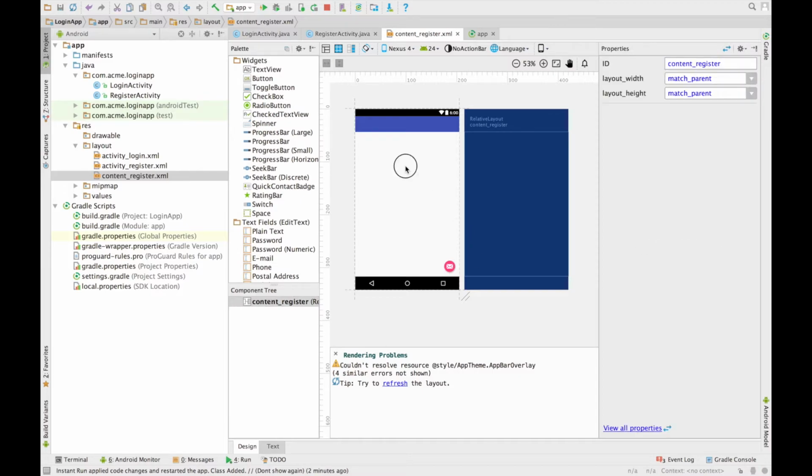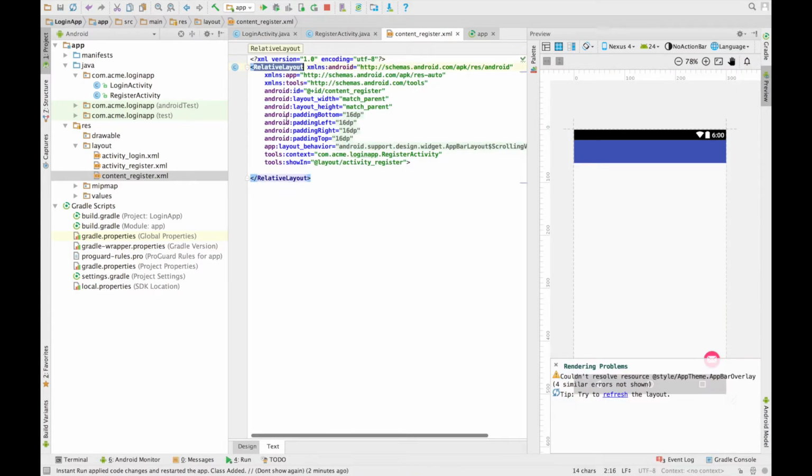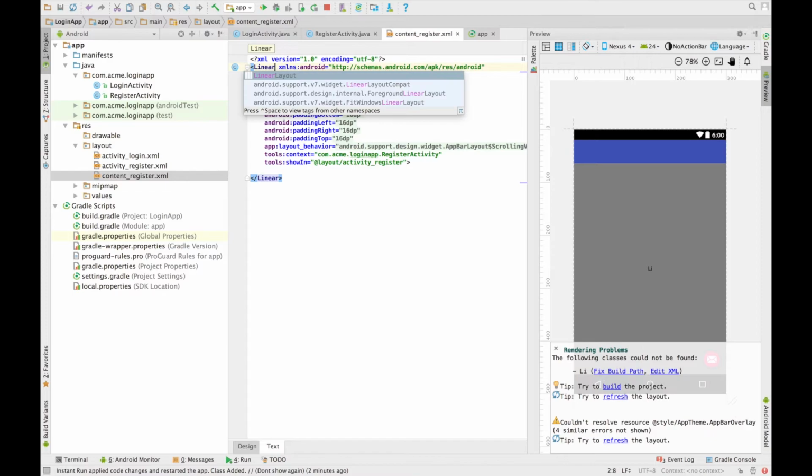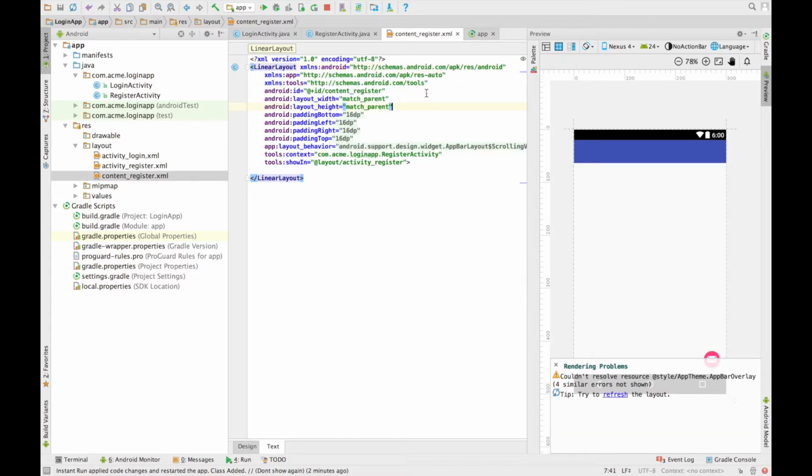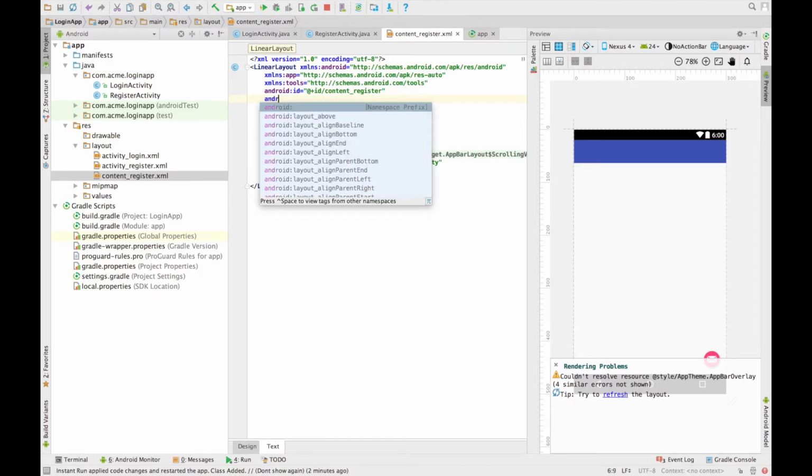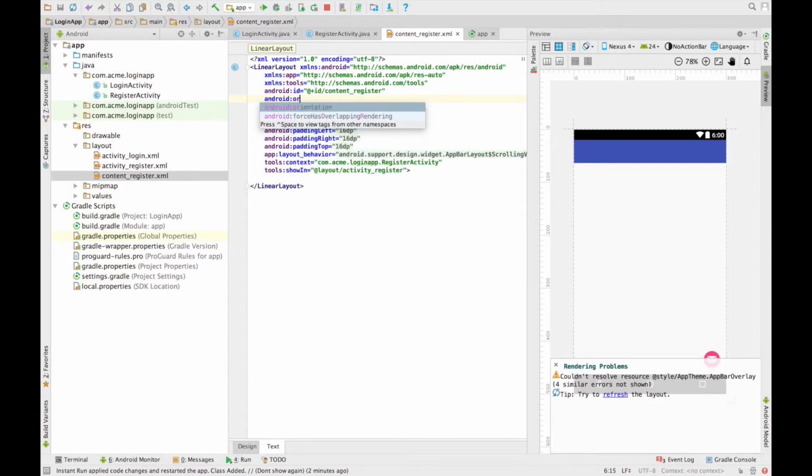So by default, it should be in relative layout. I'm going to change it to a linear layout, and also I'm going to set the orientation to vertical so that I can